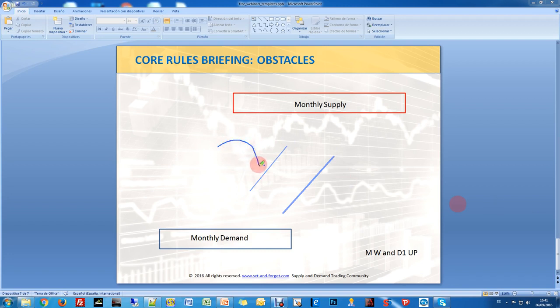We wait for price to reach that area. The descending trend line on the daily will be broken on our entry time frame, and a new area of demand will be created. So once we get price rallying, 2 to 1, consolidation away, good structure at the base, and then we take the long,